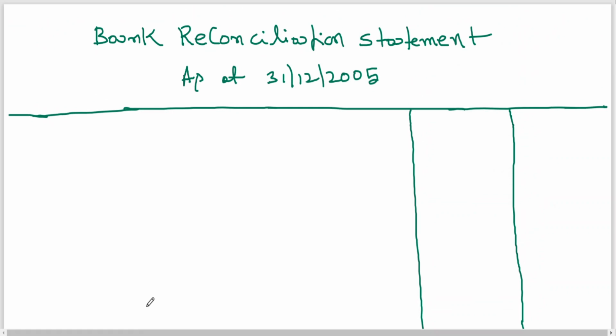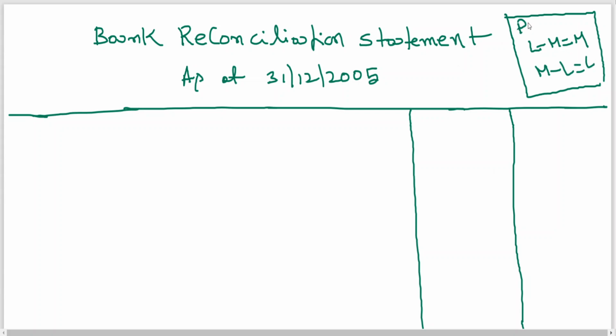Then, whenever you are doing this in the rough, in the examination you'll have a rough column where you should write less to more, more to less. Now, the starting point is which book, my dear friends? Passbook. With the passbook, I'm going to compare with the cash book. If the passbook is showing less, the cash book will be more. In order to make the passbook balance equal to the cash book, it is to be added.